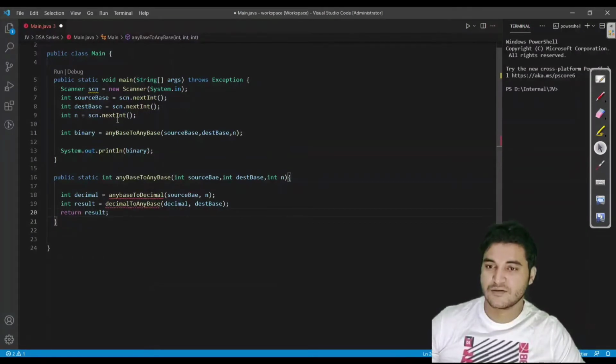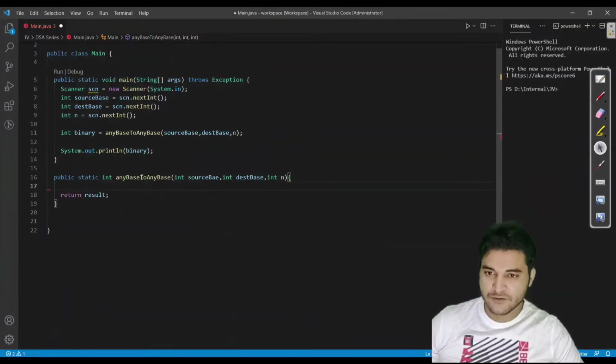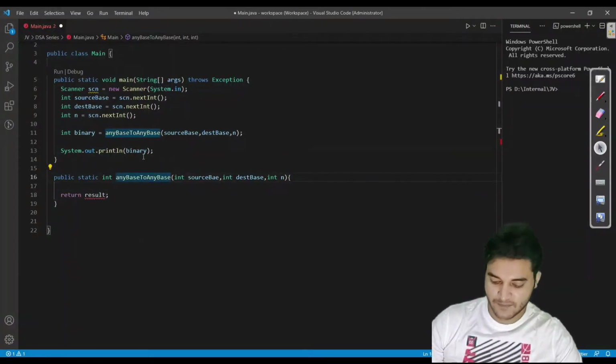Fine. So here let me remove this also, and we will make this method decimal addition.